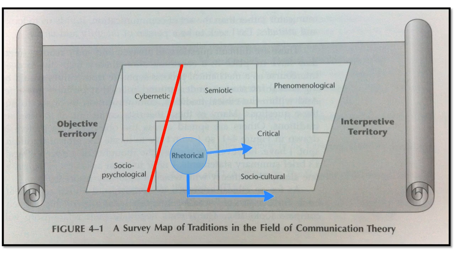Now, the cybernetic and socio-psychological positions there are really strongly rooted in the objective paradigm, so much so that I've added that red line. Because it's so powerfully understood as being objective, folks in those traditions rarely step outside of their objective bounds. They're really trying to establish theory as being objectively understood through statistics, through the quantification of data, and that's how they operate. Versus the other traditions to the right, semiotic and the rest, which are much more strongly aligned in terms of their interpretive elements.